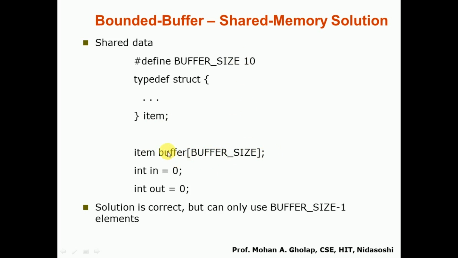It is of type item, because the buffer is a temporary, shared memory block which is shared among both the processes. Again, it depends on the processes which type of information they want to store. That's why the data type is structure item. After that, we take two local variables, in and out, which are initialized to 0. Here, in indicates the location in the buffer where the memory block is free, and out indicates the location in the buffer where the memory block is filled.